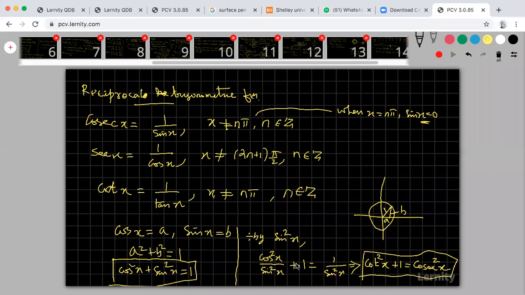So this is the first identity. This is the second identity. So you find the third identity. My pen is not working. You please take that third identity. You please note that. You have to find out the third identity by dividing the first identity by cos square. Okay. You will get some result. Write the result. Are you okay?